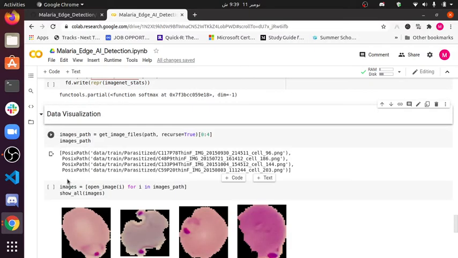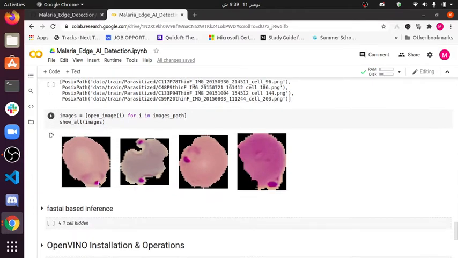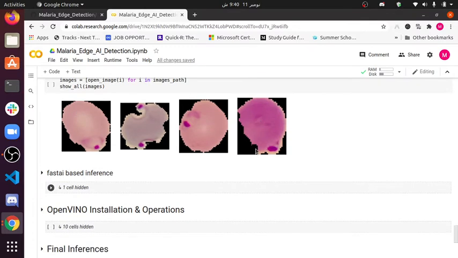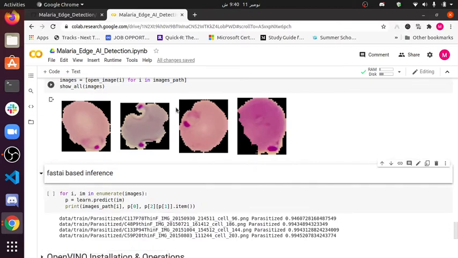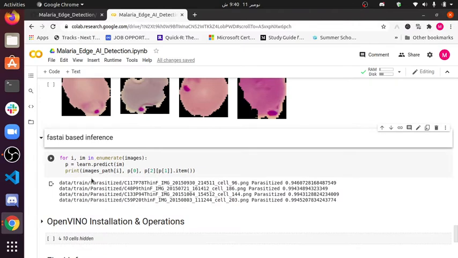Afterwards, data visualization comes. So these are those blood samples that I was talking about. You can understand from this folder that parasitized means that these are the infected blood, so of course you can see the infection. After visualizing these 4 images, just to make sure that we are going in the right direction, we went towards